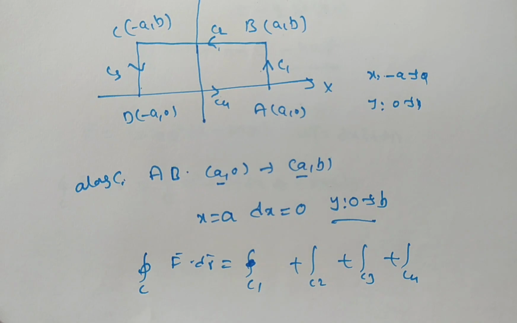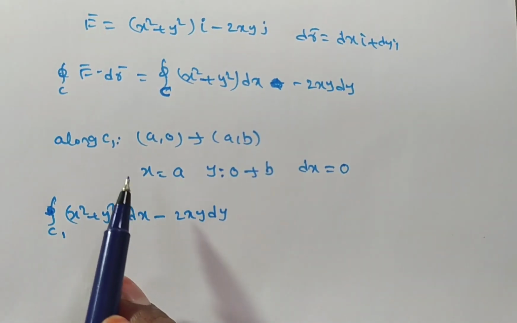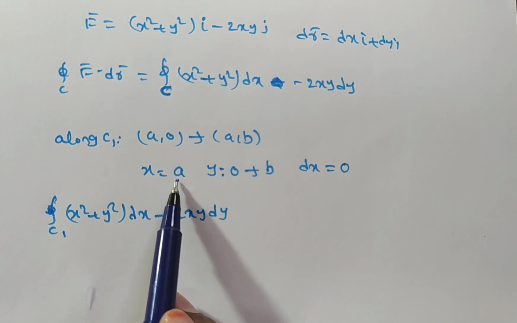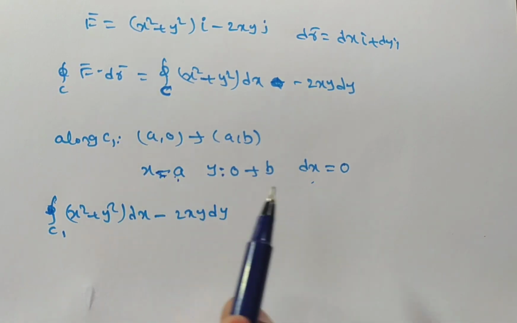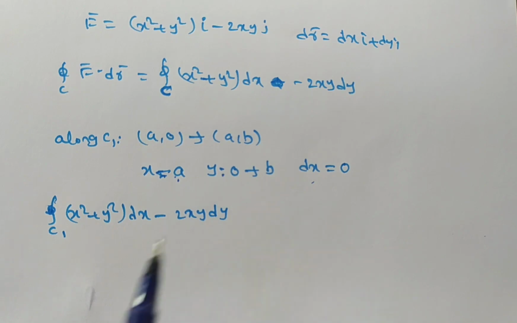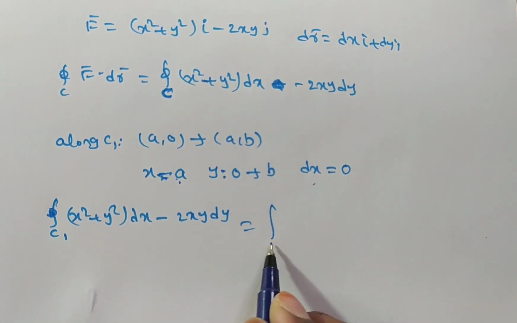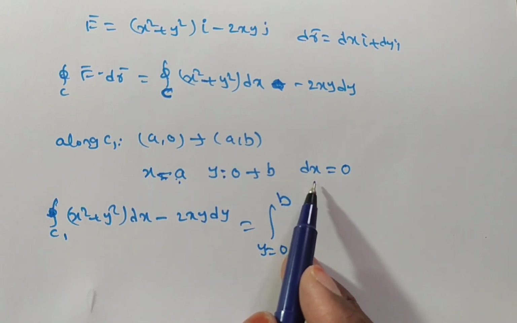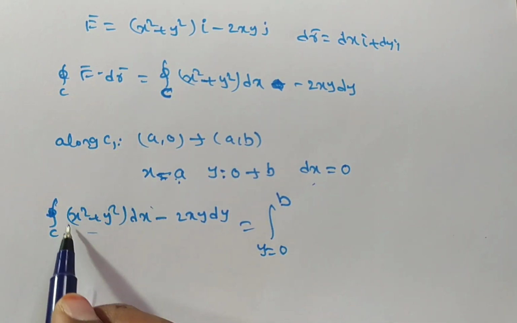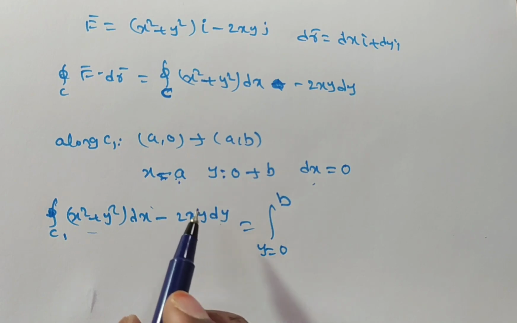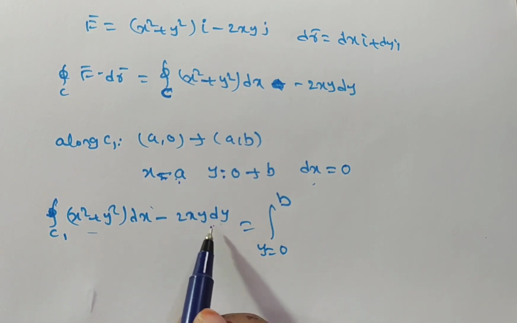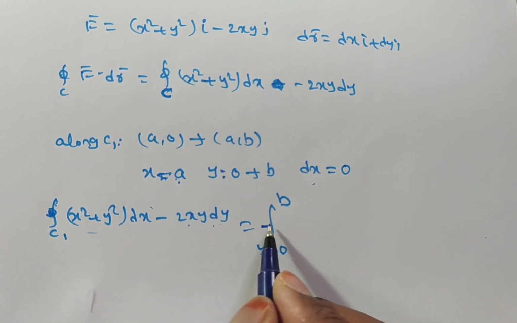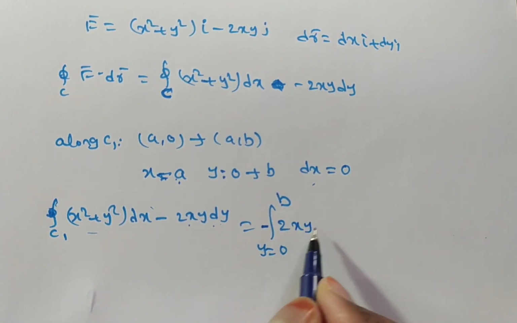Is it clear? Right. Here I have written previously what we have done. So along C1, x is equal to A, dx is 0 and y is moving from 0 to B. So for C1 the limits we have to take are y equal to 0 to B. Next, in place of dx we have to put 0. So this entire term will be 0. Only you will have this term. And moreover, what about the coefficient of minus 2xy? X is there. One second. You see I am writing here. This is minus 2xy dy.